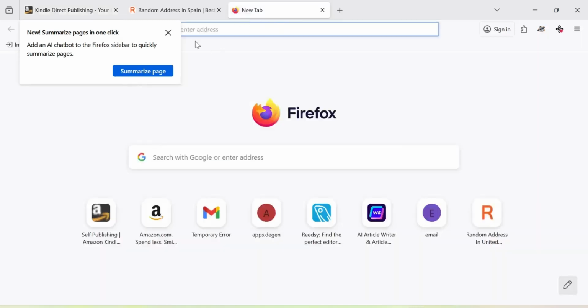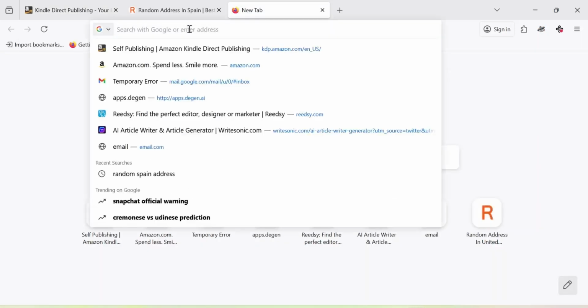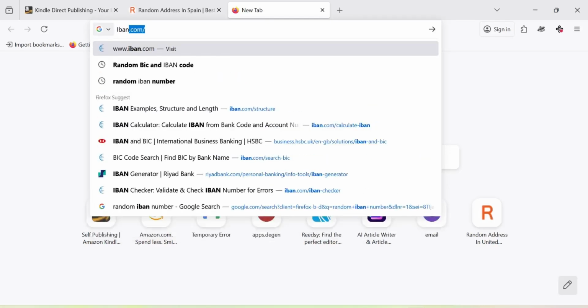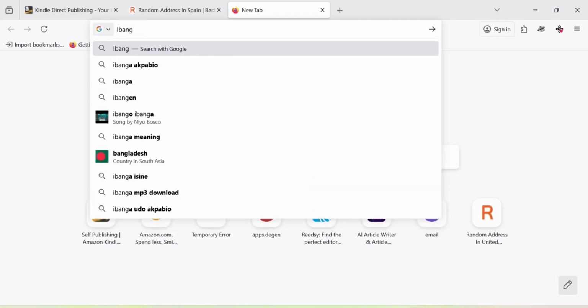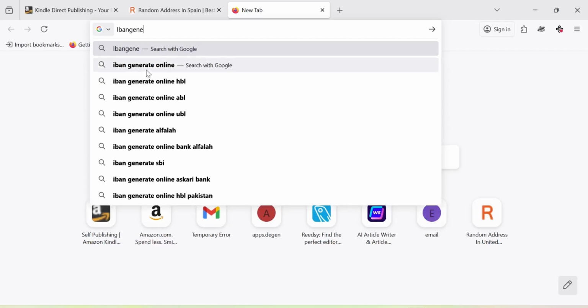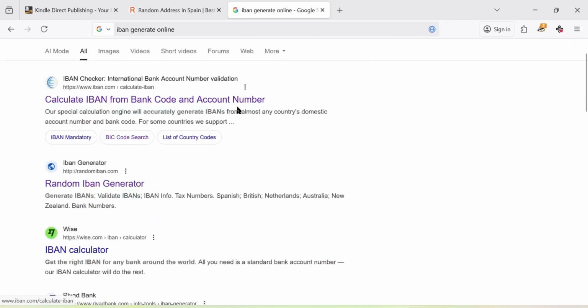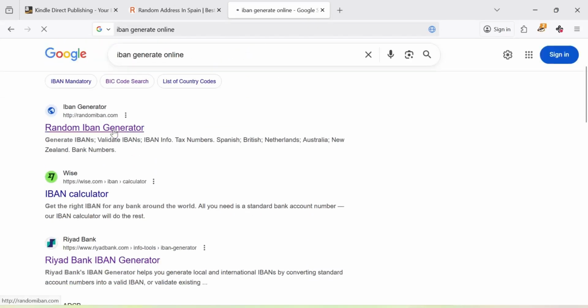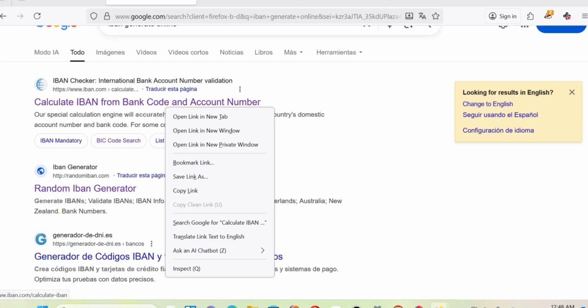We are not using our real bank details. The reason why we are using fake bank details is so later on you can change it before your payment date, because within that 3 months anything can happen and you can't predict Amazon if your account is terminated. So you can use another fake bank detail till your payment day before you can now change to your real bank account. So you go online and search for iban.com, that's fake IBAN, or click on the second one,